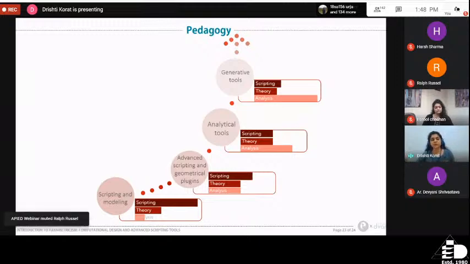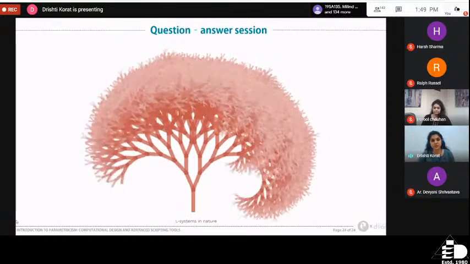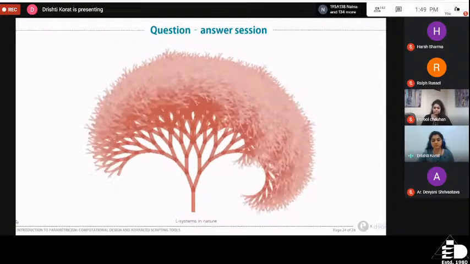And of course, finally, we have the generative tools, where we'll be using algorithmic thinking and evolutionary techniques to generate tens of thousands of forms, evaluate them, and come up with what is the best fit. So this is a breakdown of the approach to teaching for this particular niche in design. And that was the larger intent of the session, where we were trying to introduce you to this field,